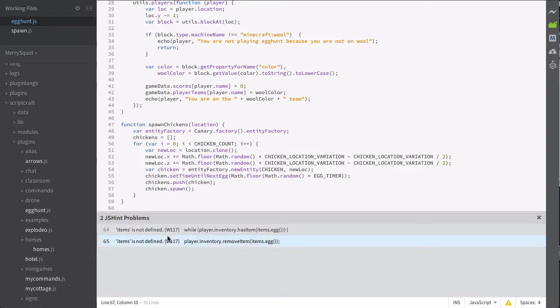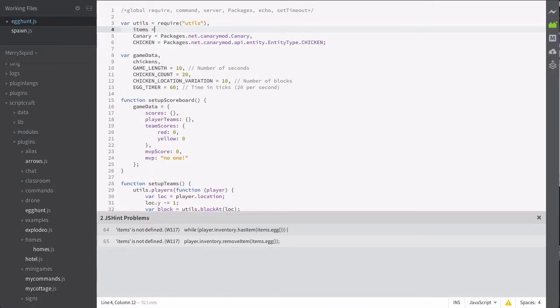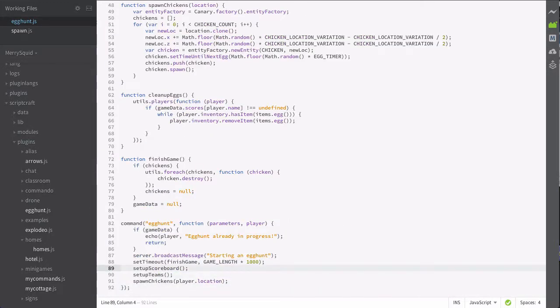Okay, items is not defined. Oh, that's right. We need to import that up here. Items, require items. Okay, so that error goes away. Now we haven't called this anywhere. So let's